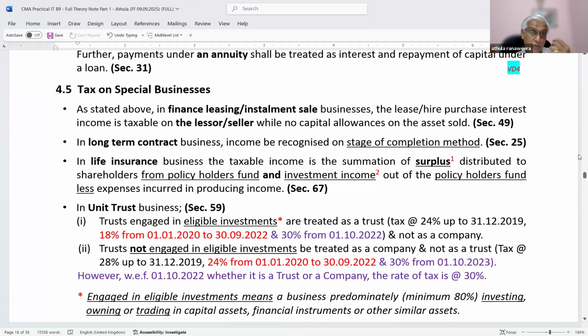Interest income, they have to record separately. If they have a profit on that particular asset, normally they are not keeping profit. When the vehicle price is 20 million, they sell it for 20 million. They buy it for 20 and sell it for 20 million, because their business is leasing. Right? In that case, their income is interest. But they can't depreciate, they can't claim the capital allowances. Then hire purchase also, the sellers are also in the same boat.